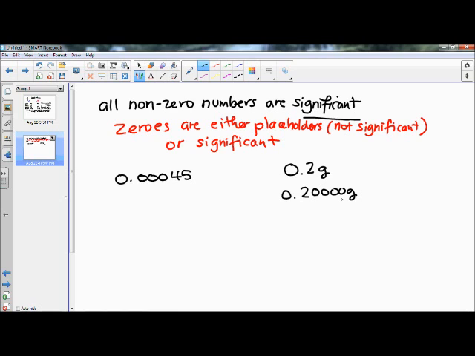Now these zeros on the end are called significant zeros. They're not placeholders. If we just got rid of them, essentially the value would not be any different. This just means it's 0.2 with a lot of certainty that there's nothing after the 0.2. Up to this point. Could be more after here. We don't know. Again, limitations. So zeros come into three categories. Zeros between other significant figures